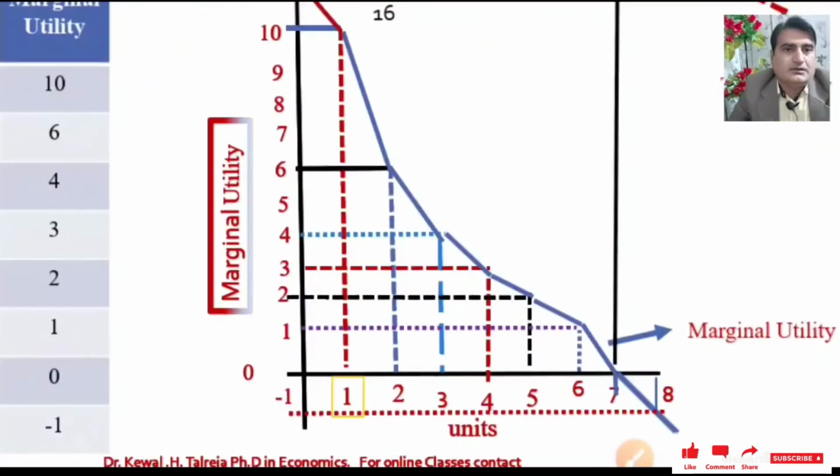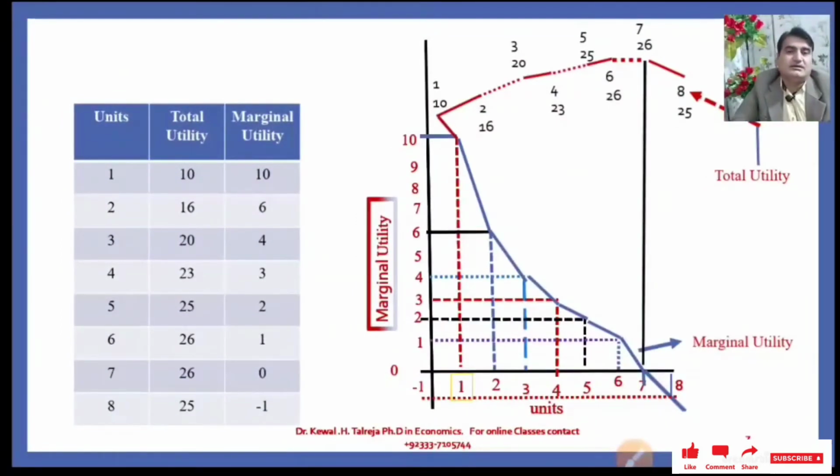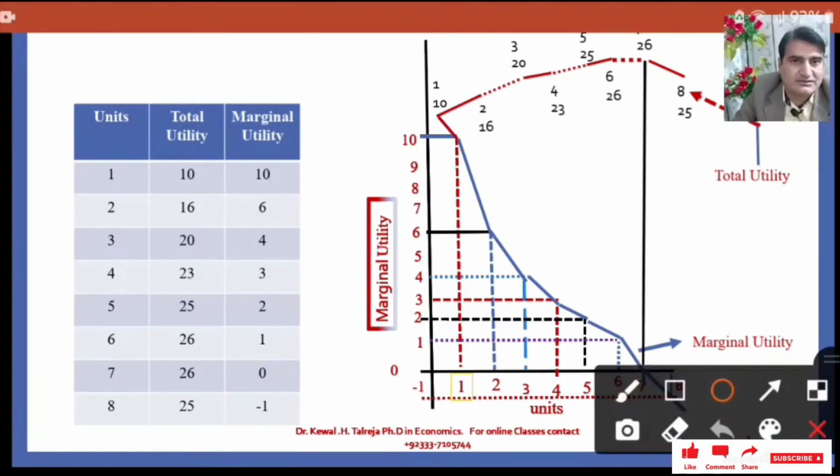Here you can see that by eating the 7th banana the total utility is maximum, that is 26, and by eating the 8th banana the marginal utility became negative, which is shown below the x-axis. It means it is -1, which you can see here. The marginal utility is decreasing, a downward falling curve, because the marginal utility decreases by consuming